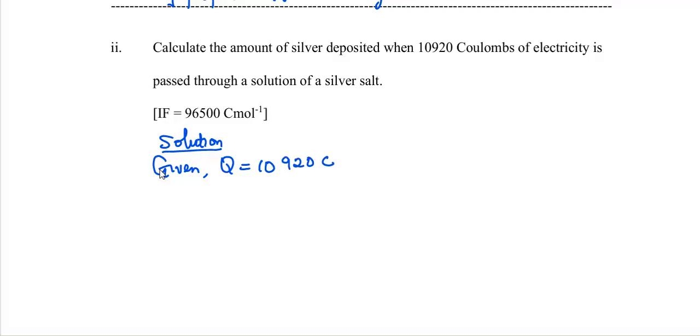And since we have a silver salt, that means the silver ion in the silver salt is going to gain one electron to become metallic silver. That's to tell you that we have 1 mole of electrons, hence 1 Faraday of electricity will be required to discharge 1 mole of silver. So we can say, if 1 Faraday, which is equivalent to 96,500 coulombs of electricity,